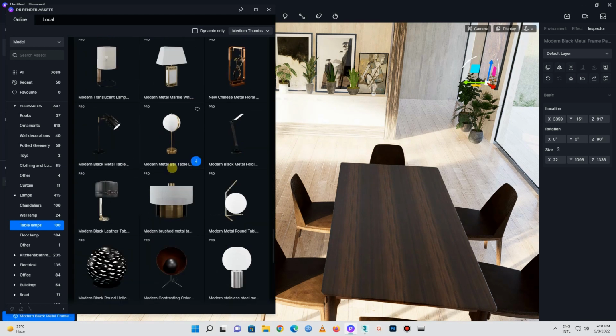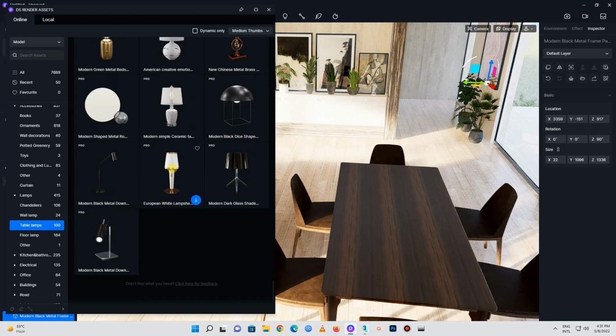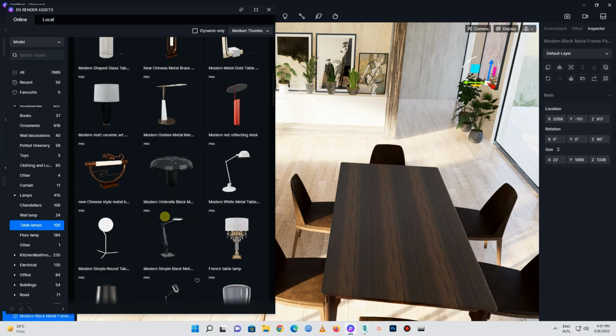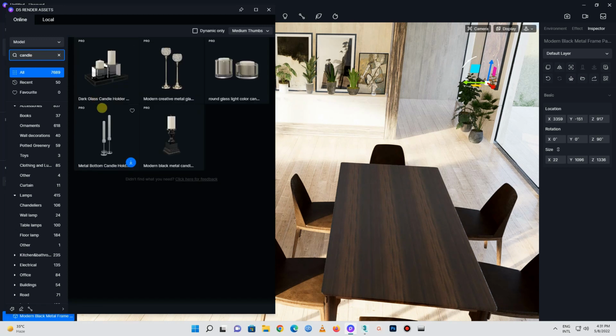Here you can find, I'll first add some lamps. I would like to add some candles. I like candles. You can also search here for any kind of model or material. So I will search just candle. And here there are 5 models of candles. I will choose this one,